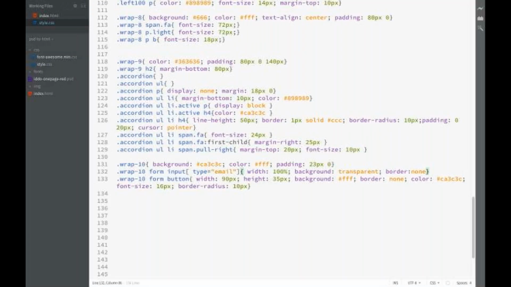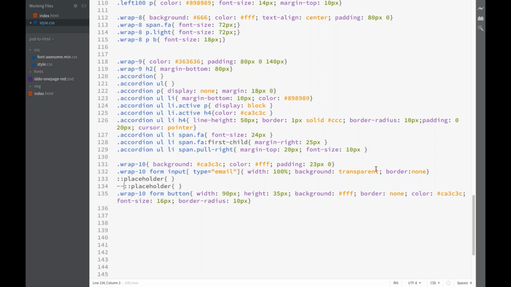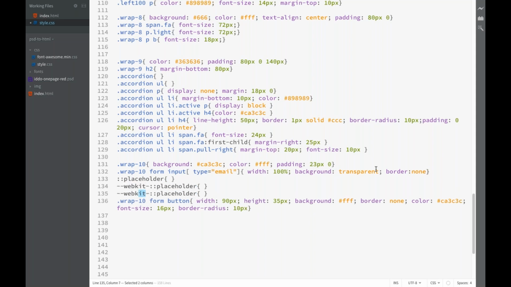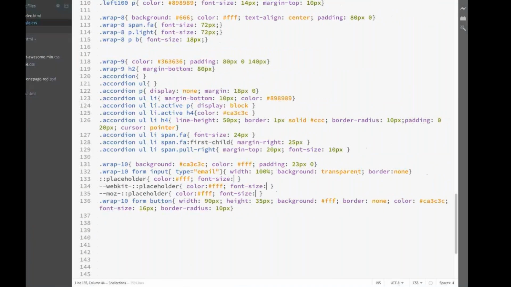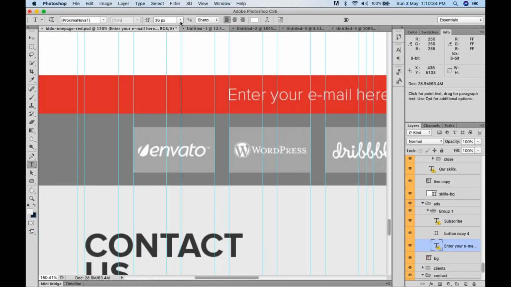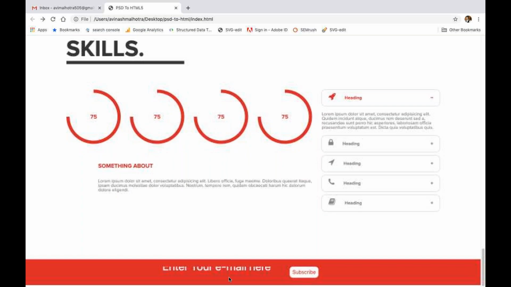ठीक है, प्लेस होल्डर ग्रे होता है। सो टू चेंज द कलर ऑफ प्लेस होल्डर हमें प्लेस होल्डर प्रॉपर्टी यूज करनी पड़ेगी। तो उसके लिए प्लेस होल्डर, वेबकिट प्लेस होल्डर, मोज़ प्लेस होल्डर, तीनों का कलर शुड बी वाइट एंड फॉन्ट साइज कितना आ रहा है, 36।